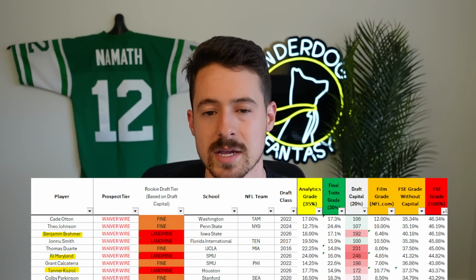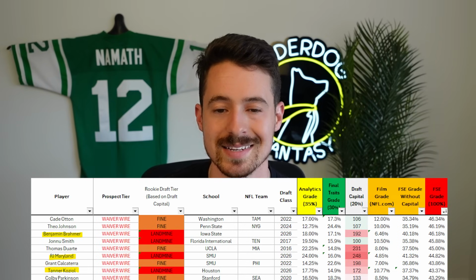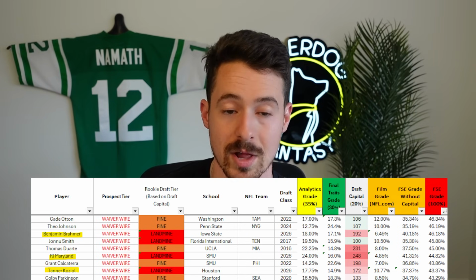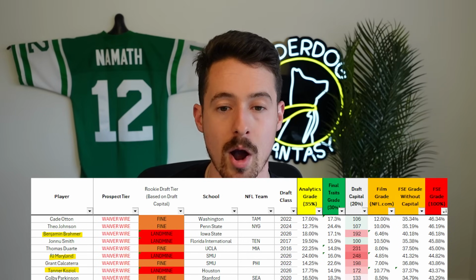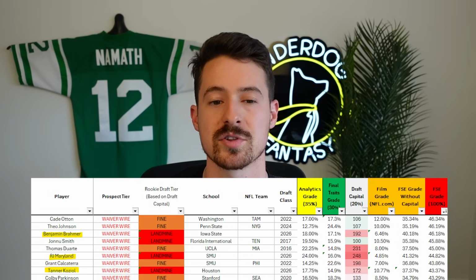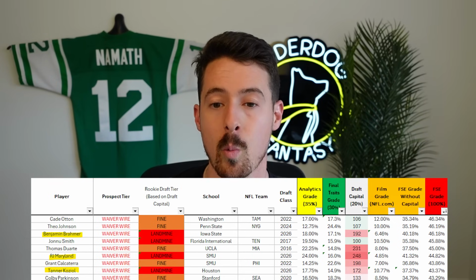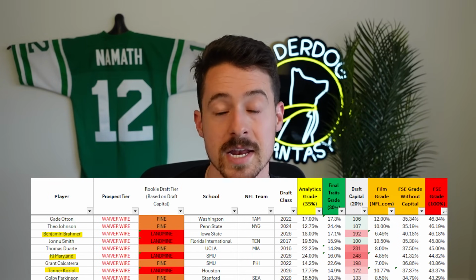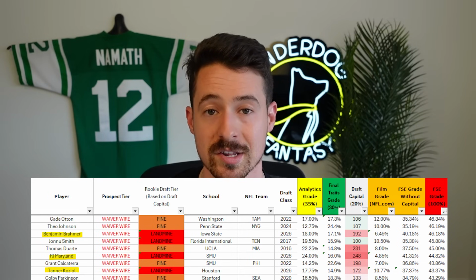None of these guys really are being drafted at all if you're doing devy drafts, and all of them are expected to go late day 3 in terms of their actual NFL draft capital next year. But all of them have merit. If you look at Benjamin Brahmer from Iowa State, he's big, man. 6'7", 250, produced 352 yards and 2 touchdowns as a true freshman 2 years ago while competing, if you guys remember, with Jalen Knoll and Jaden Higgins at Iowa State. So that's pretty good production considering who he's competing with.